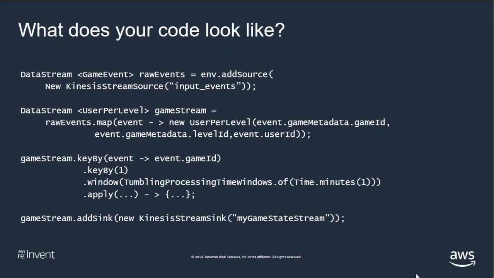So what does simple code look like? There's a lot of missing pieces here, but I've tried to isolate it down to just the core part of the application. We're adding a source, which is a new Kinesis stream, which is a set of input events. We're then mapping those events and then performing a key by and window function and maybe some apply where you have some of your custom processing. Finally, we're taking the output of that processing and then sending it to another Kinesis data stream, or you might have another application, or you might use a different type of tool, perhaps AWS Lambda to perform some other types of processing.